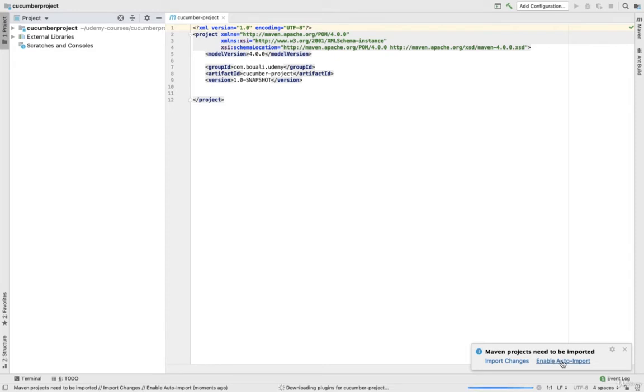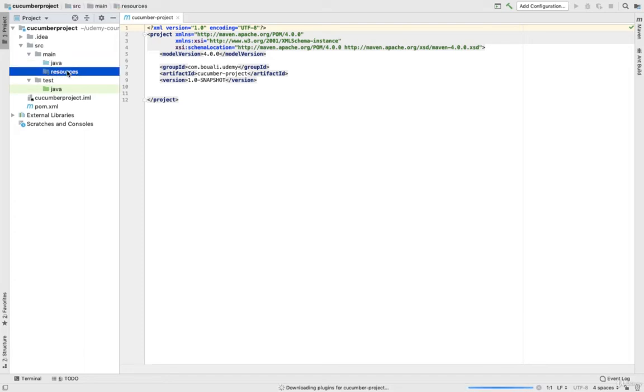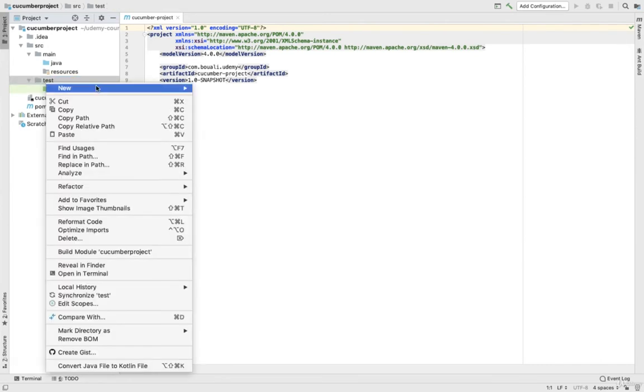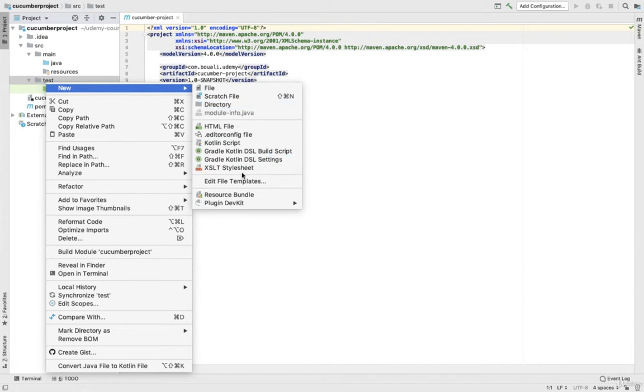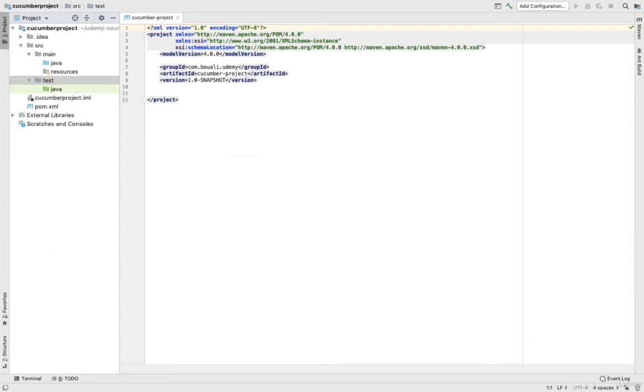I recommend you enable the auto import, so every time we add a new dependency, the project will update it automatically. So here I will explain to you really fast the project structure. We have here the Java resources and the project resources also, and here is where we will implement our feature file. Okay, so under test we will create a new directory. We'll call it features,